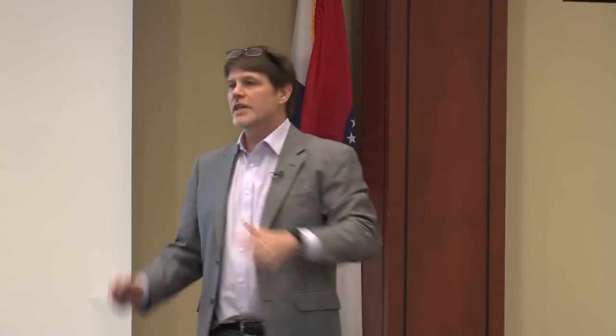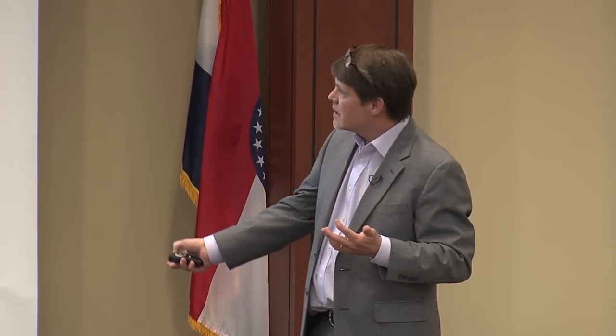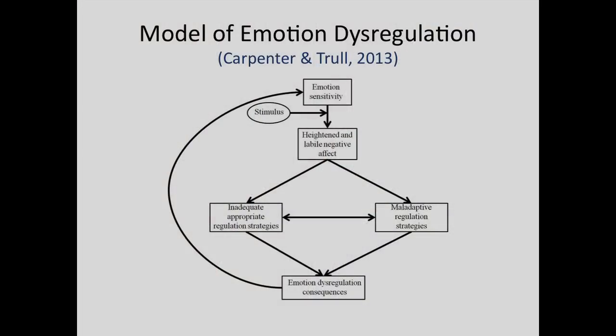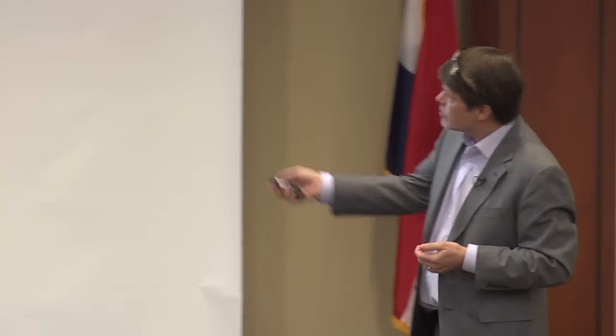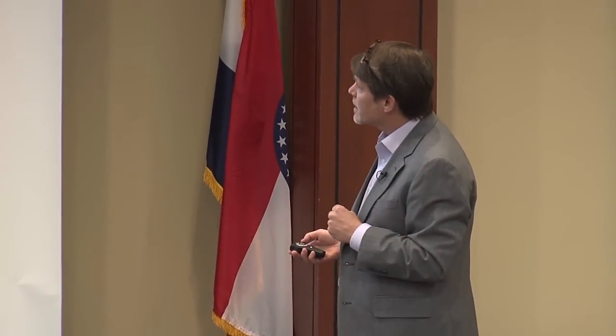Or people sometimes just avoid the emotional experience. That doesn't work either. Or they try to suppress the emotional experience. Those things are known to have a rebound effect almost. So we see those sorts of strategies that are used with people with this disorder. And as a function of that, we have what we were calling emotion dysregulation consequences, which could be interpersonal conflicts, suicidal behavior, and so forth. So there's several places in this model where I think some of the interpersonal stuff that we've talked about can fit.